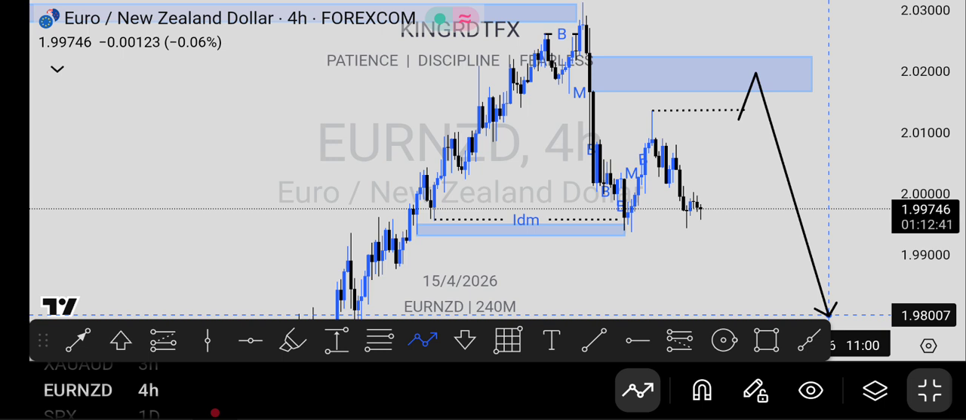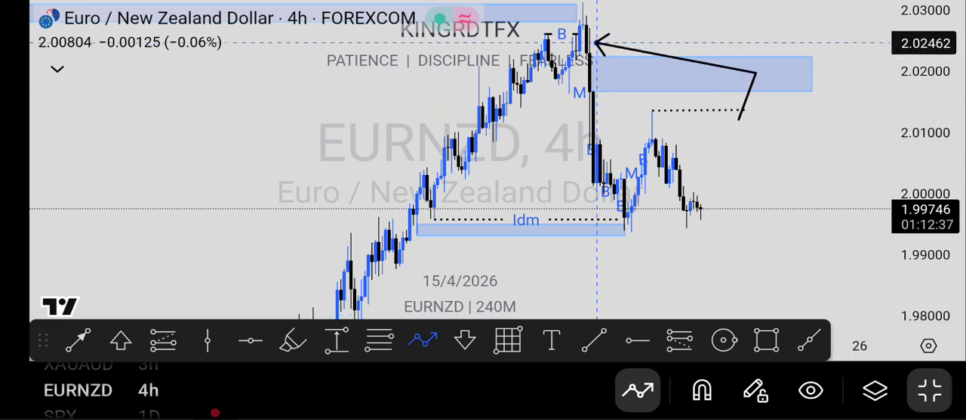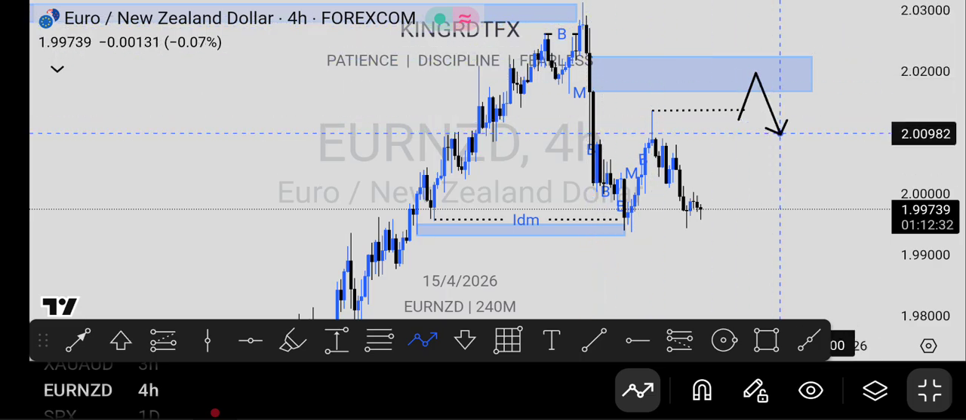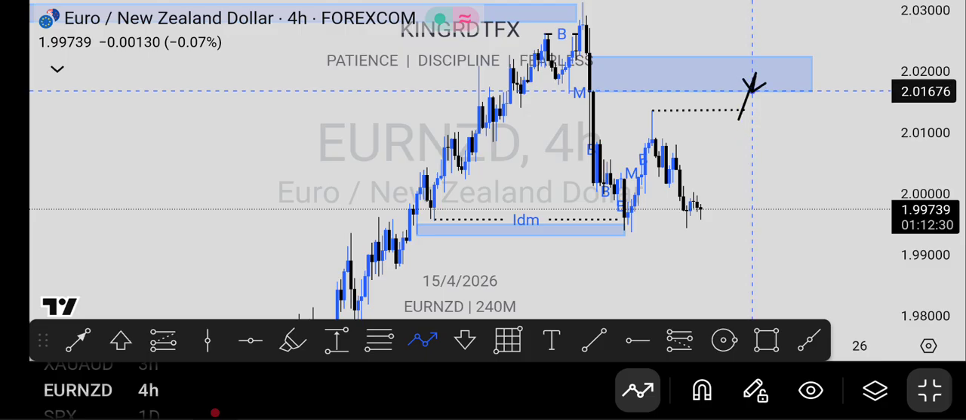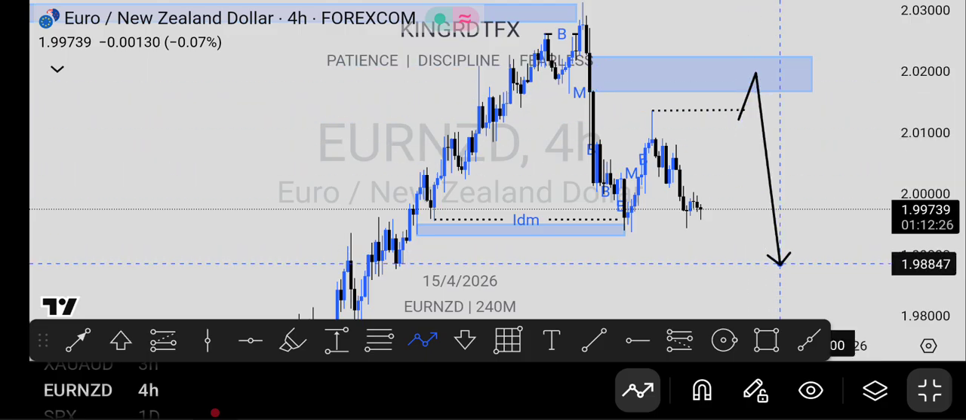Remember, the sellers are in control, so price might not come and mitigate this order block up here, right? So it might just return from this fair value gap here and push down. That's where we're gonna wait for it, but we're gonna wait for confirmation, right? So yeah,